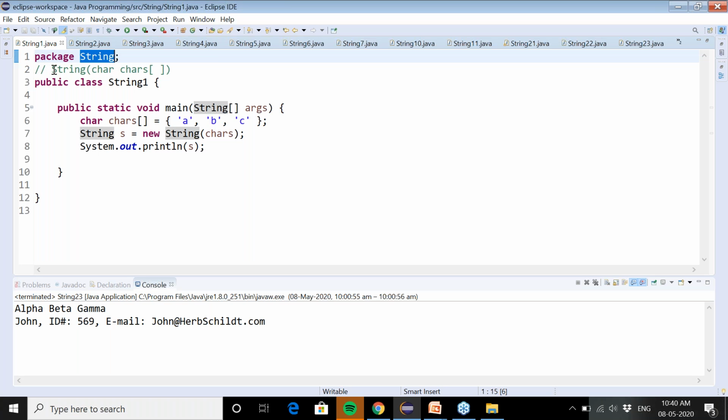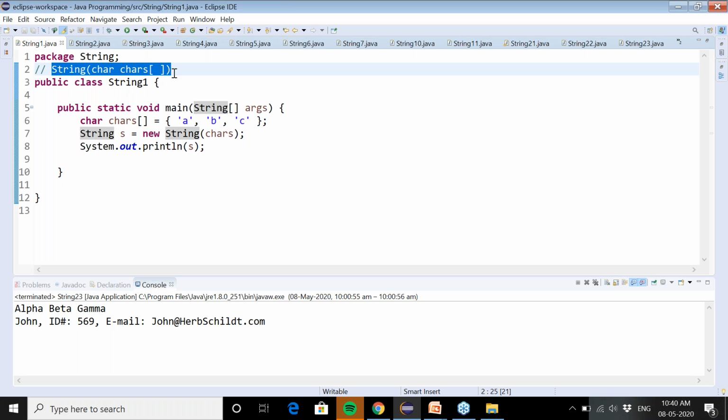It's basically a constructor of the String class, and to this constructor you can pass an array of characters, and by passing it an array of characters we can build a String class object. So here, in the very first line, I have created a character type array with 3 elements, right?